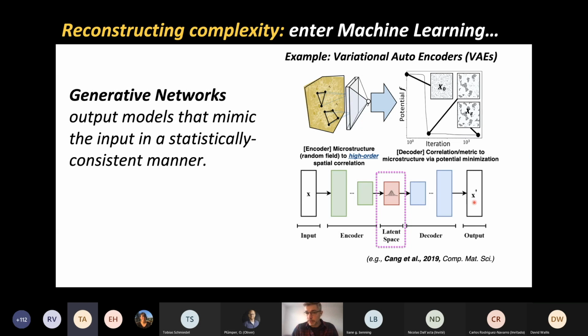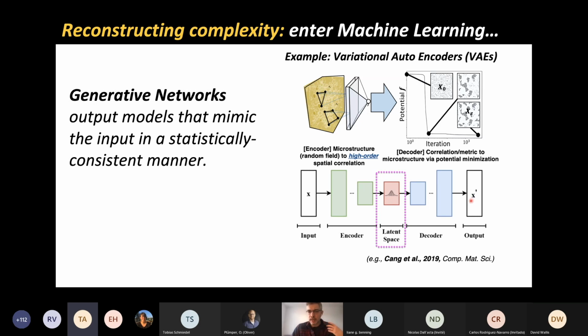This is input to output. And remember, the output is a copy of the input to some statistical metric. Now, this network, when in training, will take the input and pass it through the network. As it goes through the convolutions, it will compress the number of coefficients that you need to describe this model, up until what's called here a latent space representation. Think of this as a set of numbers that compresses the information of the sample. And then it decompresses it to make this copy.